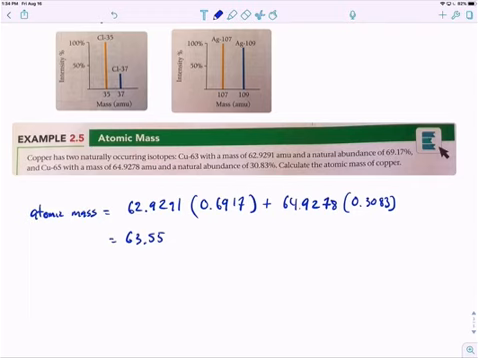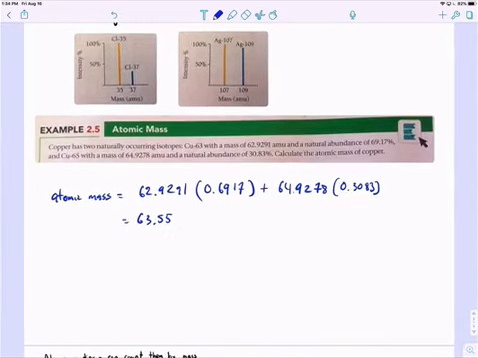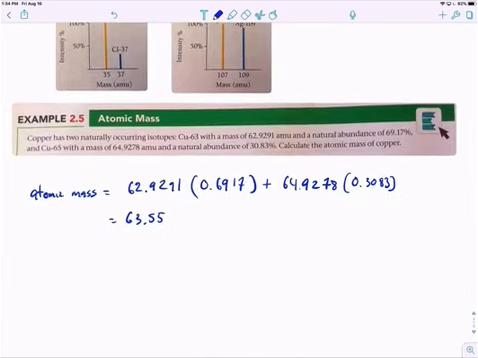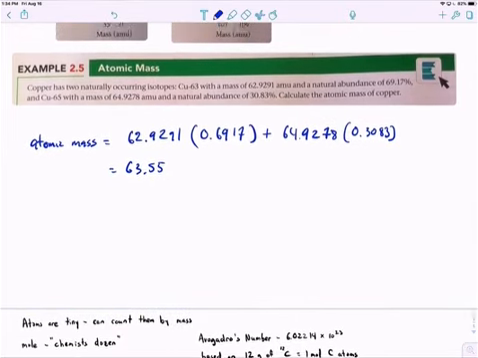Copper is actually going to be as stable as iron. So iron is the most stable nucleus. But we can talk about that more if you take me in chemistry 162 and we talk about nuclear chemistry. Okay, so